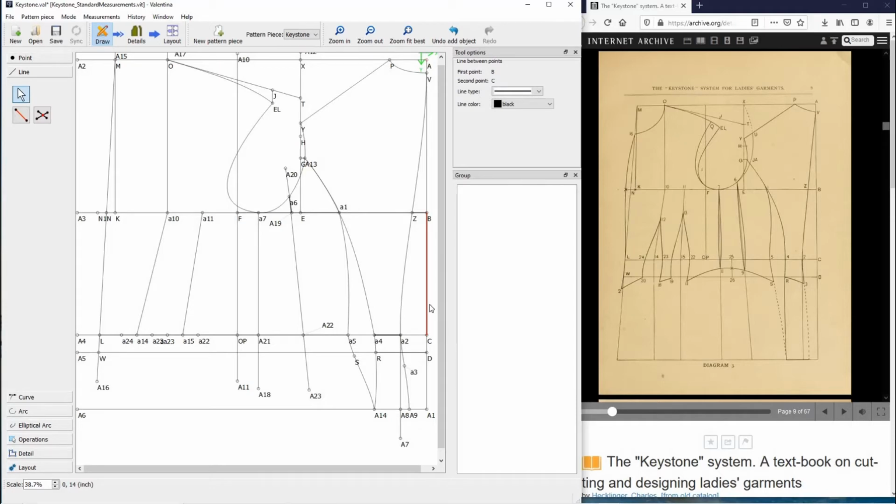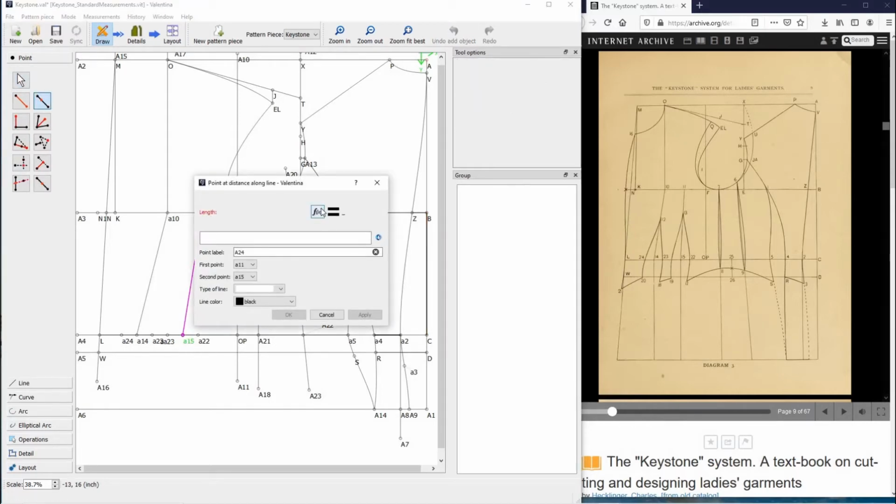Seven inches. The distance between the breast and the waistline into 3 parts, and place one part from 11 down to 13, for the top of the second dart. Here's point 13. So what I'm going to do is I am going to go along this line from A